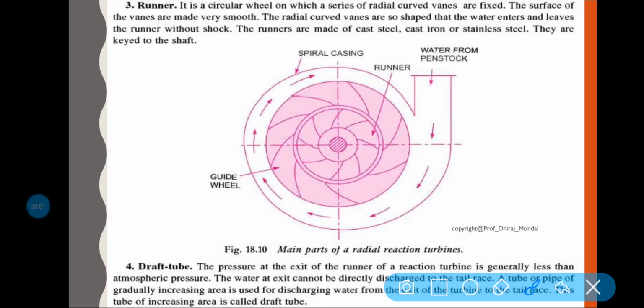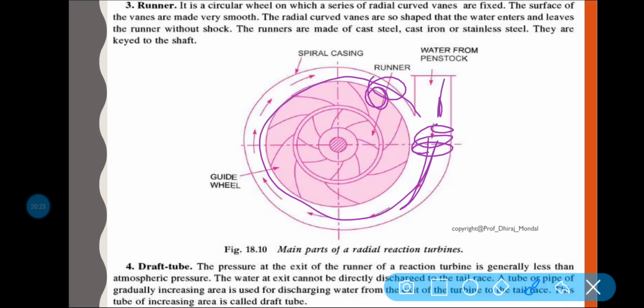Now the water enters into the casing, which is of spiral shape, in which the cross sectional area of the casing goes on decreasing. You can see here the area and here the area, it goes on decreasing, clear? That means it is given some shape and direction to the water entering the system, and ultimately we are getting some shaft work. So I think it is clear.